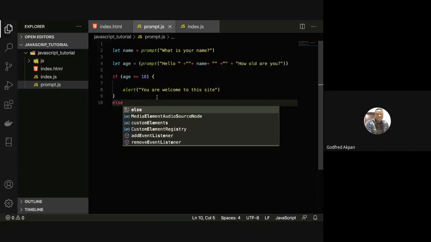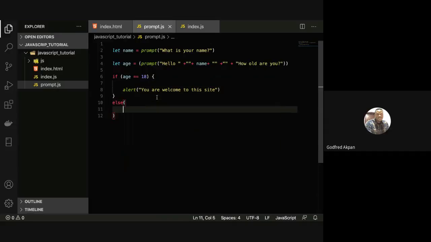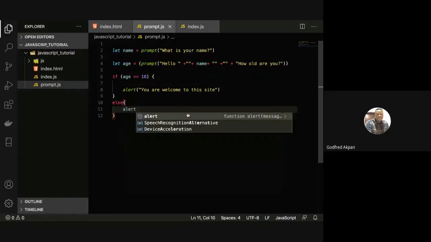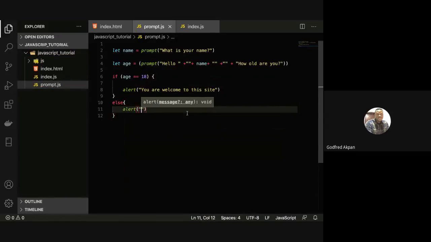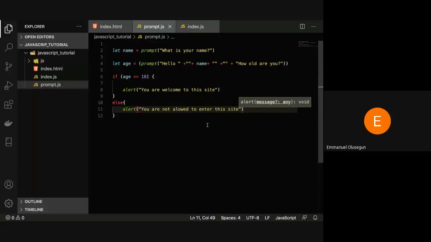Else, alert: you are not allowed to enter the site. Okay, so